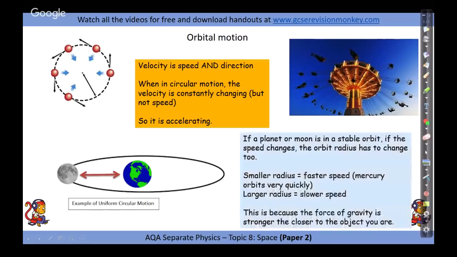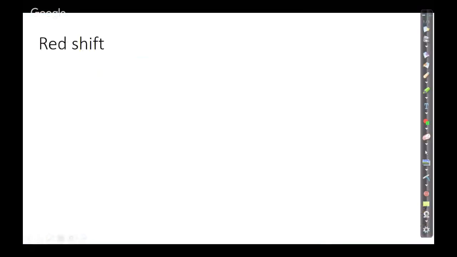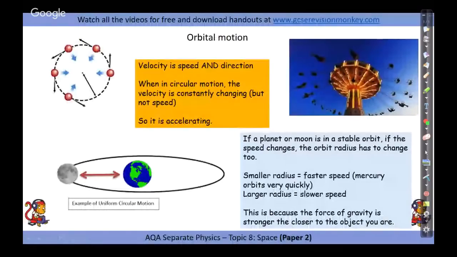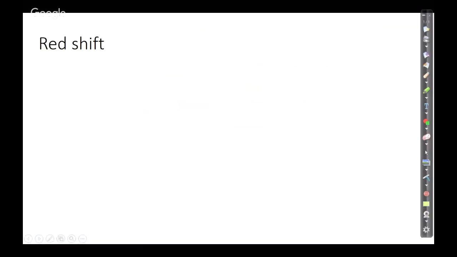Okay, so if a planet or moon is in a stable orbit, if the speed changes, the orbit radius has to change too. So if things are going to be moving faster, they have to be at a smaller radius to stay in a stable orbit. If they're going to be slowing down, they have to go in a larger radius to keep the orbit stable. And this is because the force of